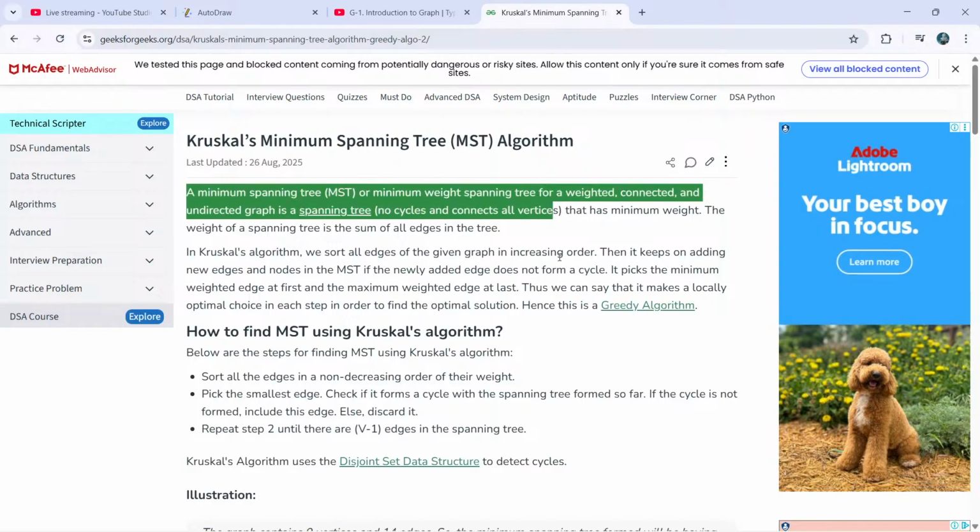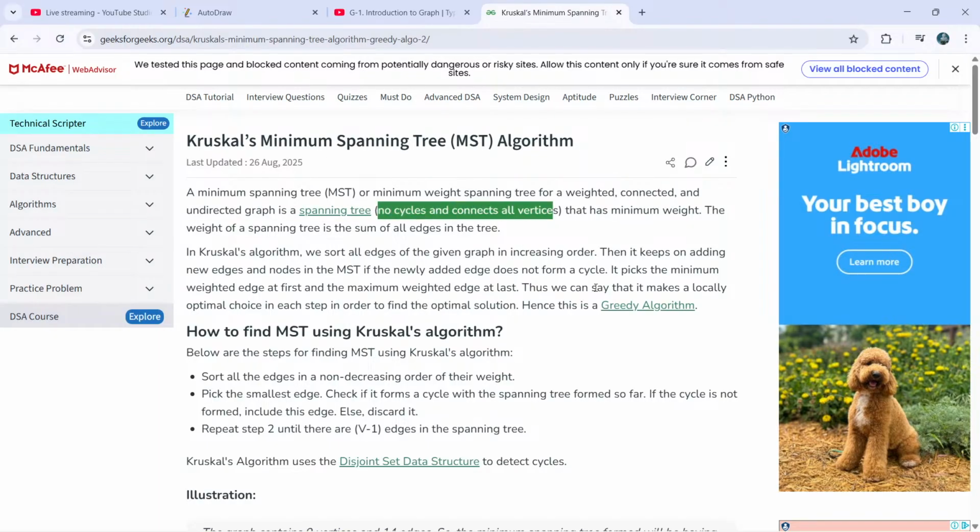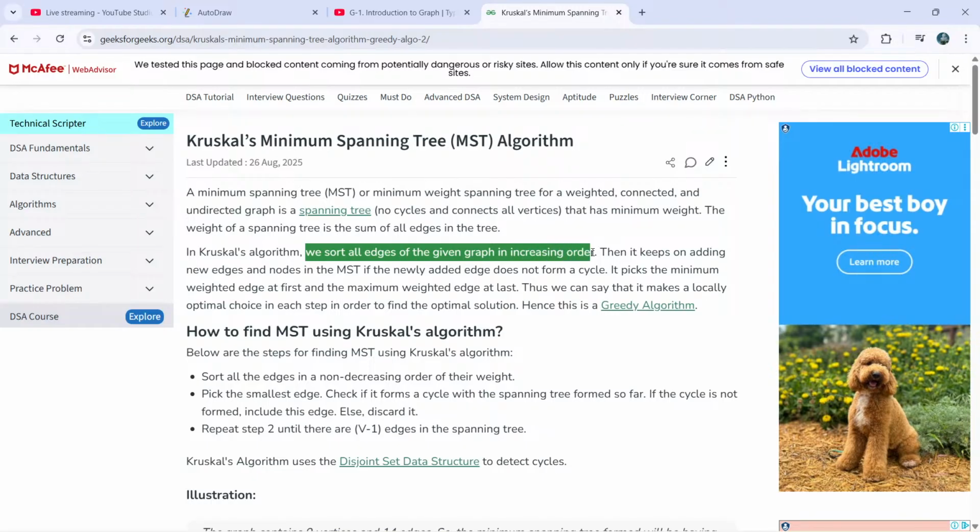So that we understand, right? What is a spanning tree? I think we understand that. Now we will understand what Kruskal's algorithm is. In Kruskal's algorithm, we sort all edges of the given graph in increasing order. Then it keeps on adding new edges and nodes in the MST if the newly added edge does not